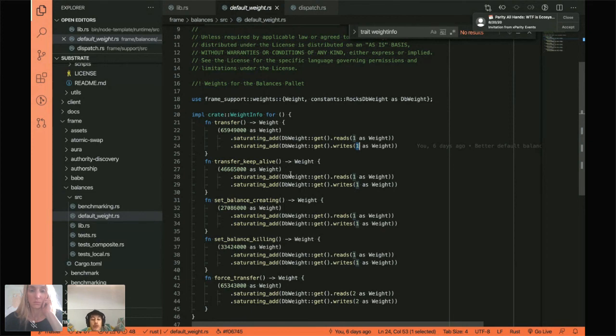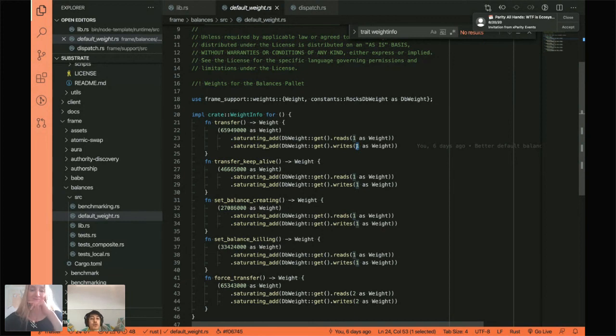But if you wanted to, for whatever reason, if your blockchain wants to keep the balances separately, you can do that. Configure the palette differently, and instead of being 1 read and write, as you see here in transfer, it would be 2 reads and writes. But if we hard-coded this value into the balances palette, that means no matter who uses the balances palette and how they configured it, they would have hard-coded into it the way that we configured it. And this is not good.